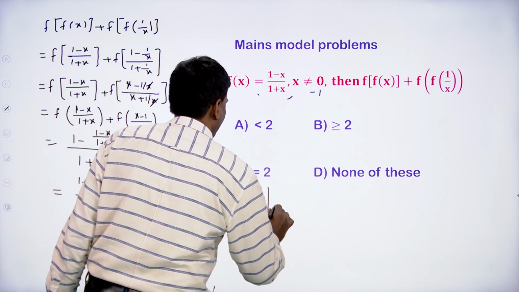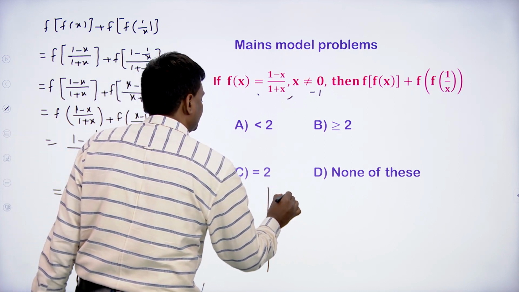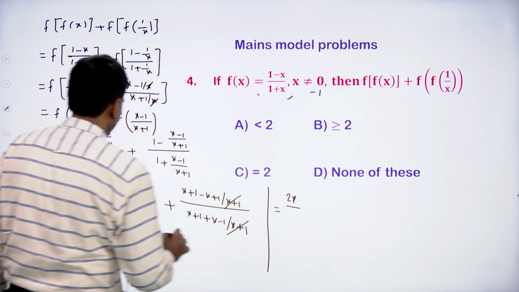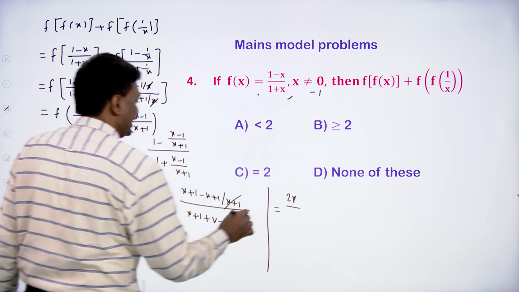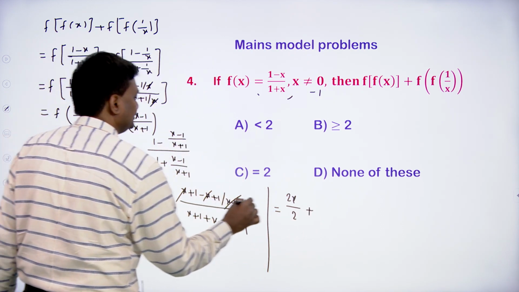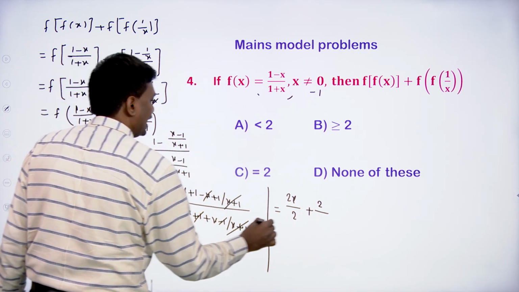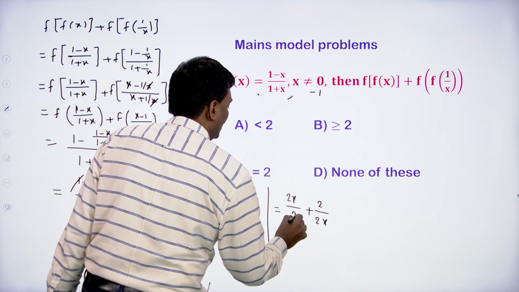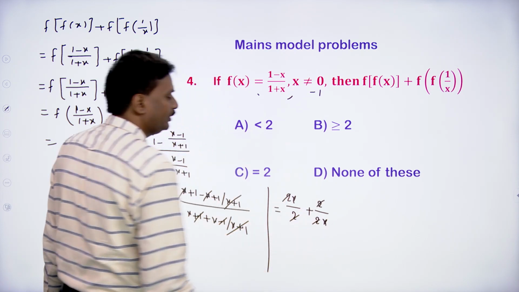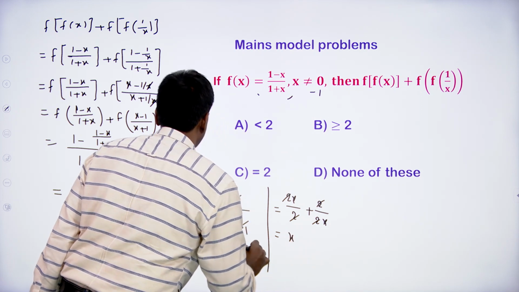So by simplifying, where minus 1 plus 1 get cancelled, x plus x is 2x. Here in denominator plus x minus x get cancelled, 1 plus 1 is 2. Plus here plus x minus x get cancelled, 1 plus 1 is 2. Here plus 1 minus 1 get cancelled, x plus x is 2x. Where 2 get cancelled, here also 2 get cancelled. Here we have (x plus 1)/x.